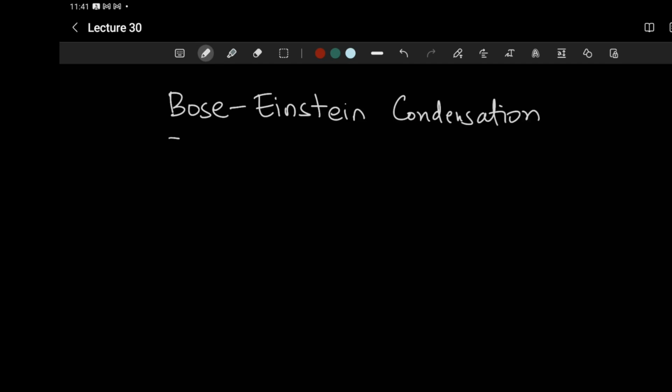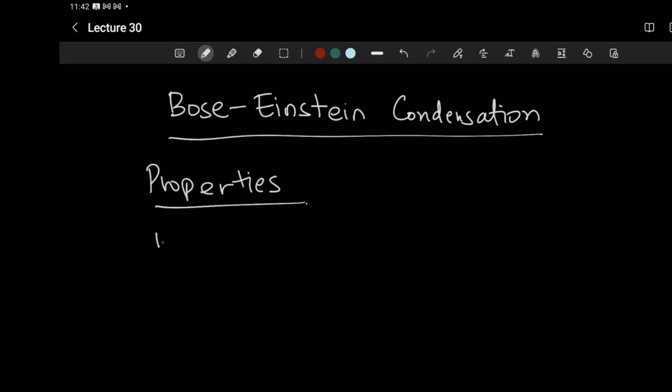So let's do some more details of these things. Okay, so first, let us write now. I need some equations, so I'll look it up so I won't forget something. Do I have it here? I don't know. So what are the properties? Okay, there is a critical temperature.